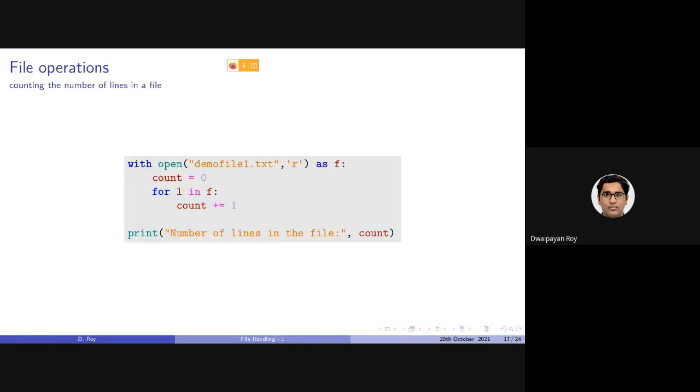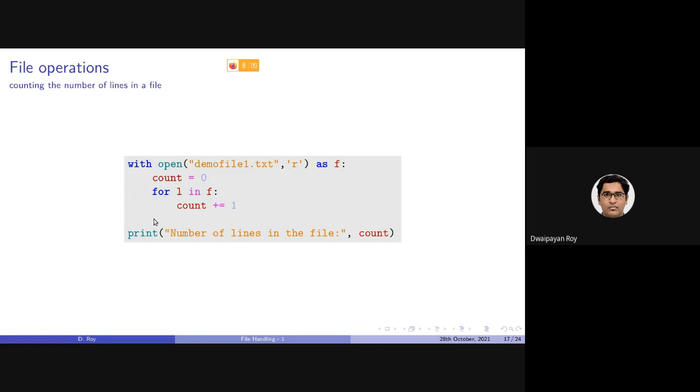All right, moving ahead. So let's say we are given a file, and you are asked to write a program to count the number of lines in the file. That is simple. Using this for loop, after opening the file, you can simply create one variable count initialized to 0, and then on execution of this for loop, we'll just be incrementing the value of count by 1.